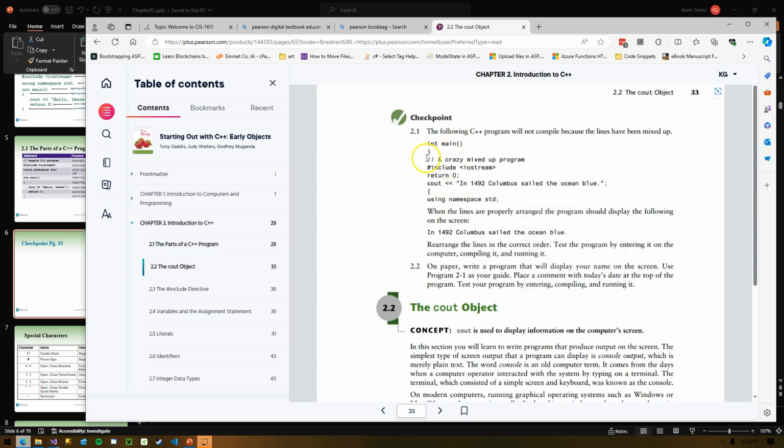Above int main, I guess, would have the comment labeling our program, then our include. Oh, we forgot the namespace. So we would have using namespace right after the include. And then our statements, cout and return 0, would go inside of the curly braces. I guess there's nothing preventing you from doing return 0 and then cout. But if you did that, the program would exit, and then you would cout, which means you basically never see the cout.